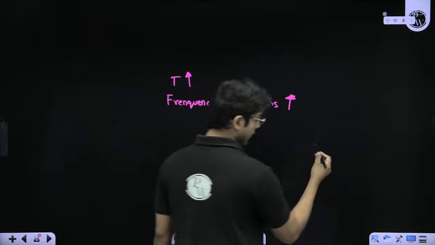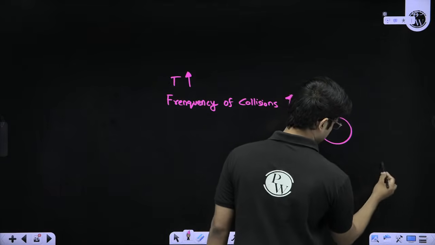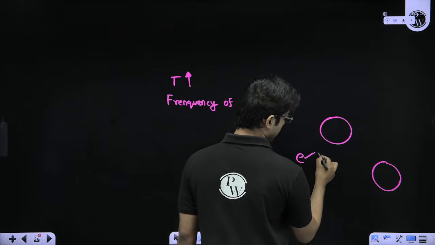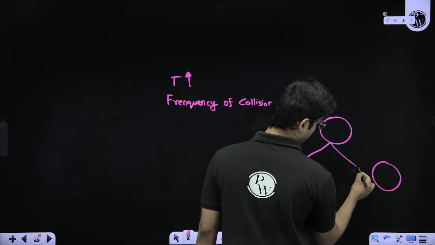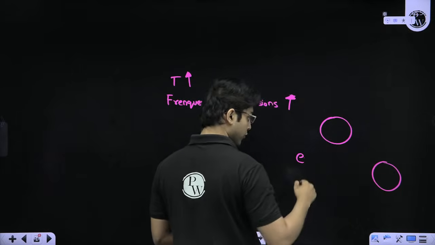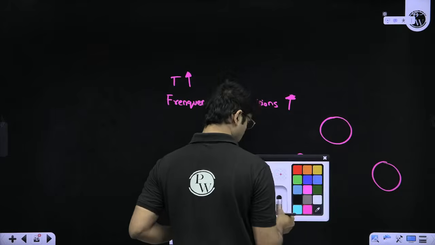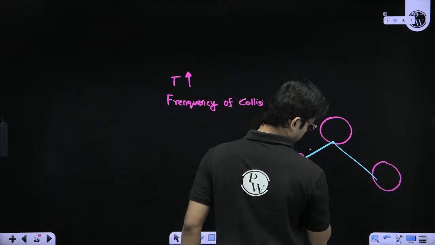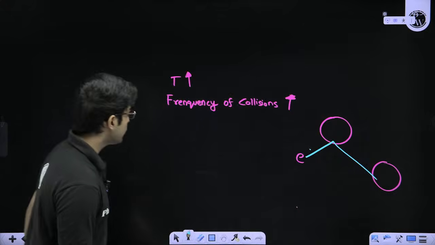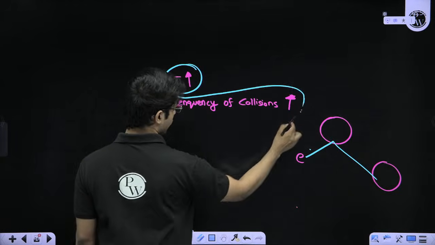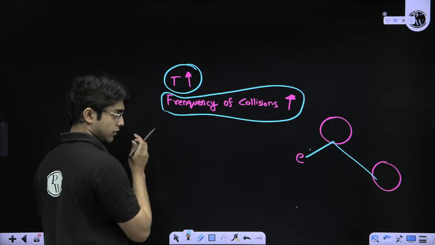If these are the copper ions, and the electron was initially moving like this, then of course the collision will take a lot of time. But if you increase the temperature, the electron will move much faster, so it will collide much faster that way. So how frequently the electrons collide will go up,